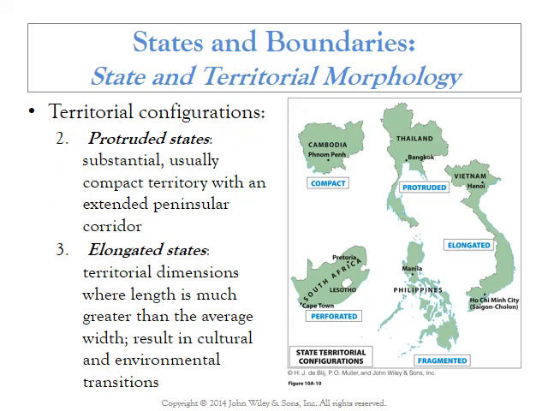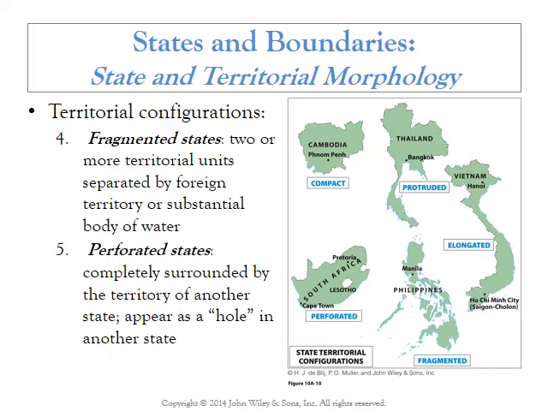The next example is Thailand, which is what's called a protruded state, in the sense that it's got this little kind of tail dangling off. And again, that's a lot of border to defend for not much area. Vietnam is a similar elongated state, in the sense that whereas Thailand has a big top and a very small bottom, Vietnam is essentially just stretched latitudinally. So it's got, again, a lot of border to defend.